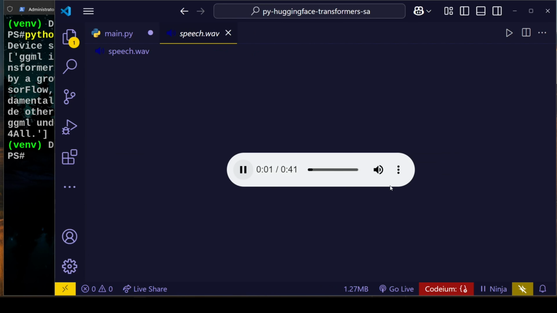GGML is a machine learning tensor library written in C with a focus on transformer inference. The project is